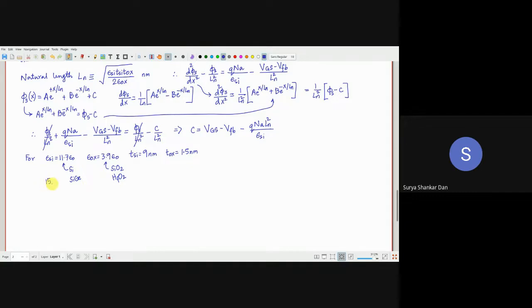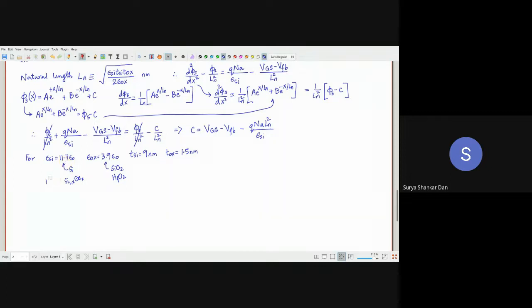Why am I saying around 15? It's because it will depend on the mole fraction. Silicon germanium is an alloy, right? So it will be Si 1 minus x Ge x. Accordingly this epsilon keeps changing, but it will be roughly around 15. For all practical purposes, you can use 15. Pure germanium will be around 16, so because of the silicon it is going to be less than 16, and more than 11.7 for silicon.